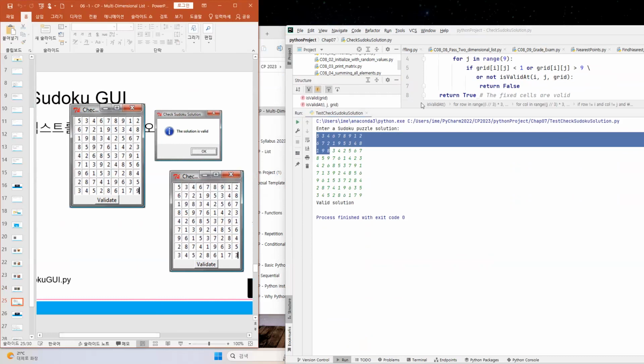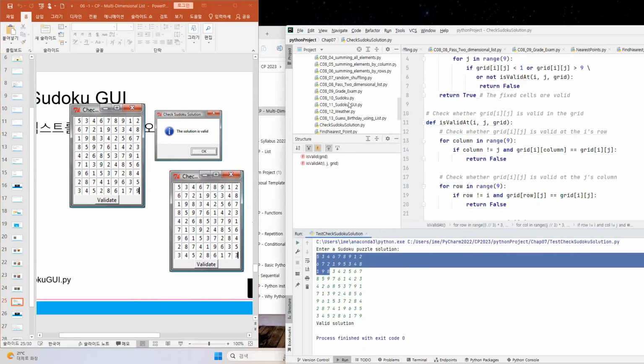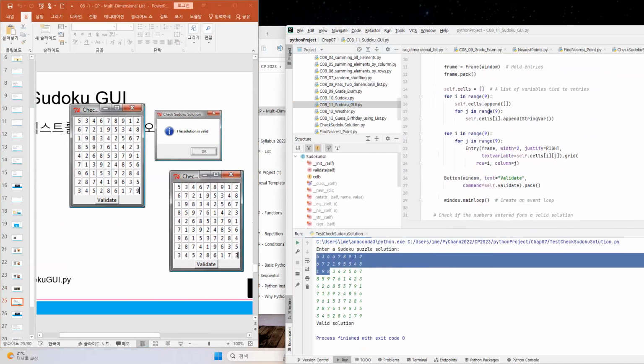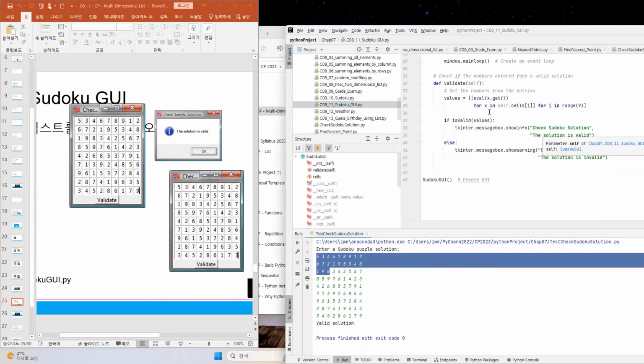I think I give you the Sudoku GUI. So this is just an introduction about the GUI. GUI is the graphical user interface. So when you do your team project, I would like you to build also the GUI, graphical user interface. Let's see. If I run this,